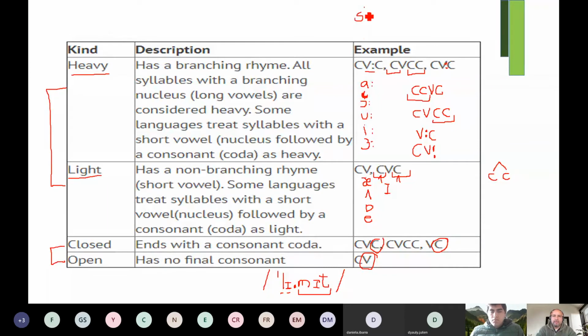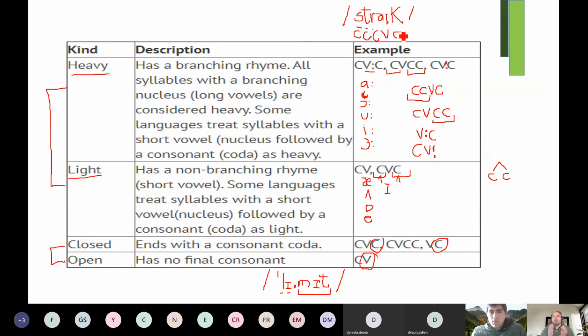For example, in the word strike, we have a consonant sound, a consonant sound, and a consonant sound. And then we have the diphthong, which is the nucleus, and then we have a consonant sound. And this is one word, but it's also one syllable. So it's a one syllable word.